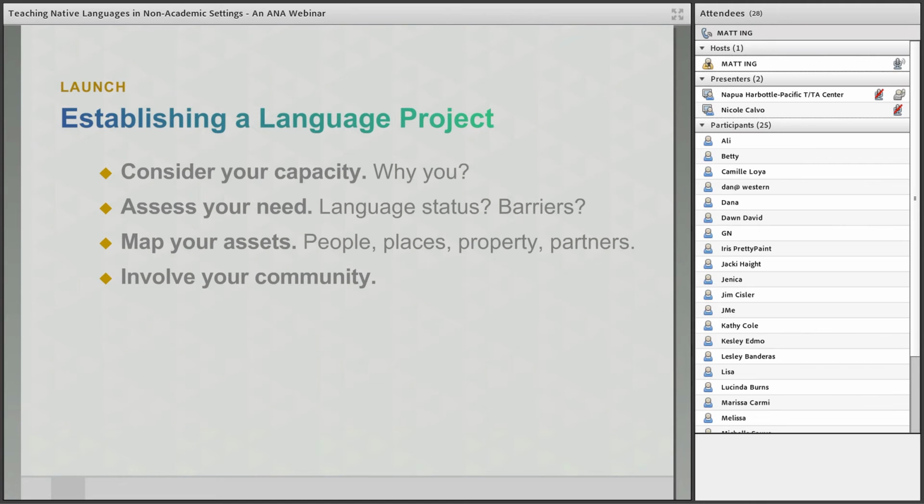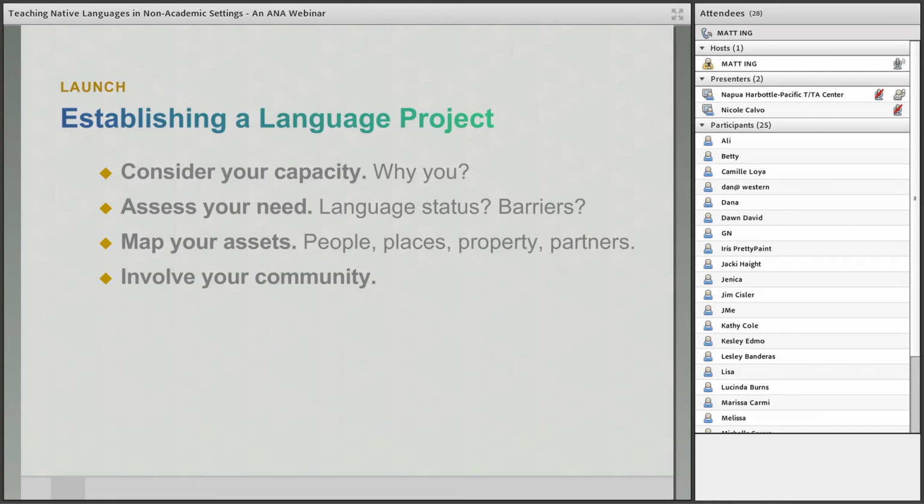And you have to look at what are your barriers. You have to be very, very honest about these things because sometimes you think that, well, we're going to start this and everybody's going to just rally around us, and all of a sudden you don't have that much interest. And is it because there's not the interest in the language, or is it because there's not the same type of interest in the methodology in which the instruction is being given? So those are some things that you need to look at.